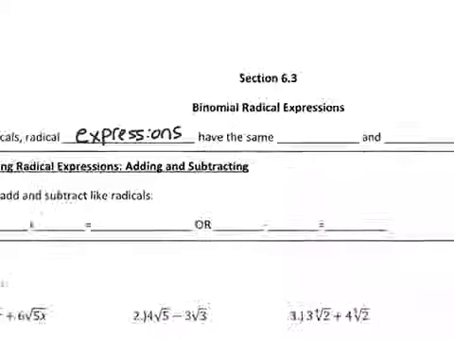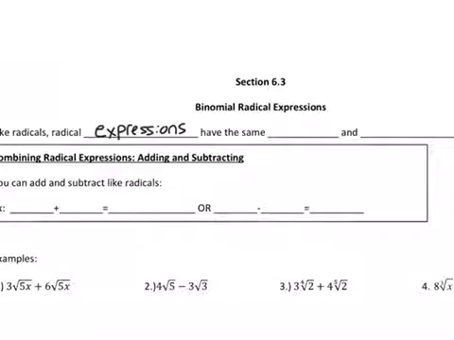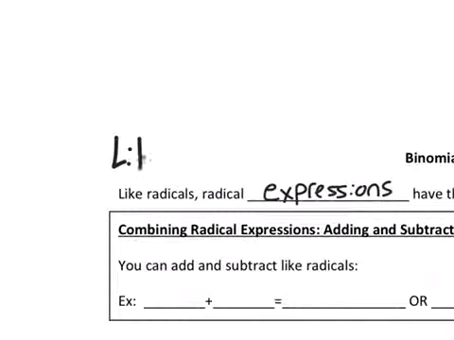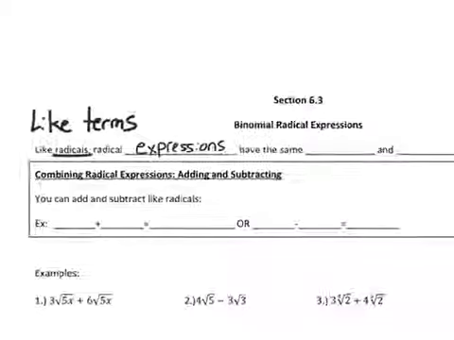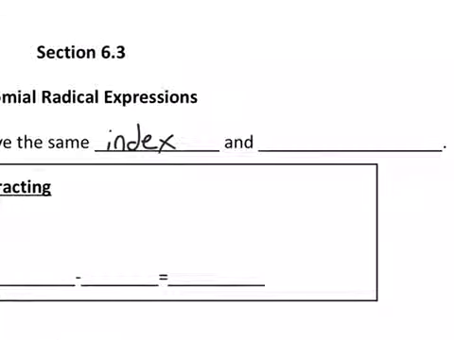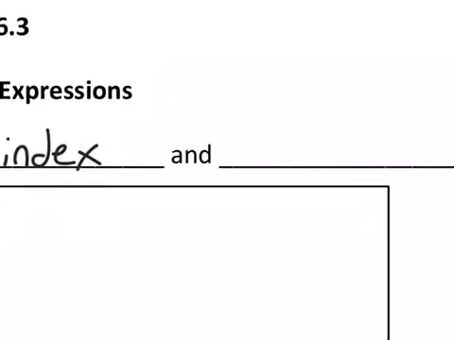have the same. So this outlines the two things that have to be true for something to be like terms. When it says like radicals here, we're really talking about like terms, but like terms that contain radicals. In order for them to be like terms, they have to have the exact same index. That's similar to the previous sections. Square roots go with square roots, cube roots with cube roots. But when we're adding and subtracting, they also have to have the same